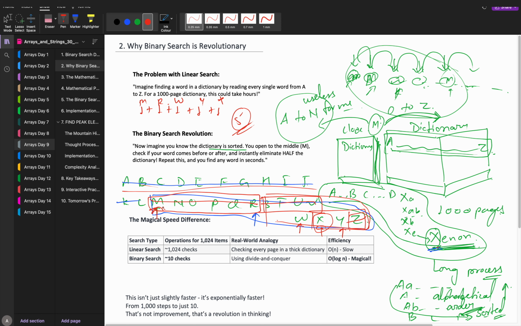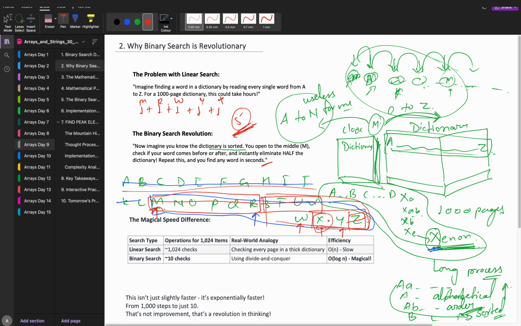Anywhere I reach, I can clearly define where to move next, either the left part or the right part, because there is an order, alphabetical order. If it was jumbled, then I would not be able to decide where to move next or where to check next. That's why it is a better version of common sense. If it was jumbled, with no order, then obviously there was no better way than going for the linear search, one after the other. But if there is an order, then we can apply this kind of logic to reach there. So obviously this is a very small number of comparisons to reach our desired item, or desired word.